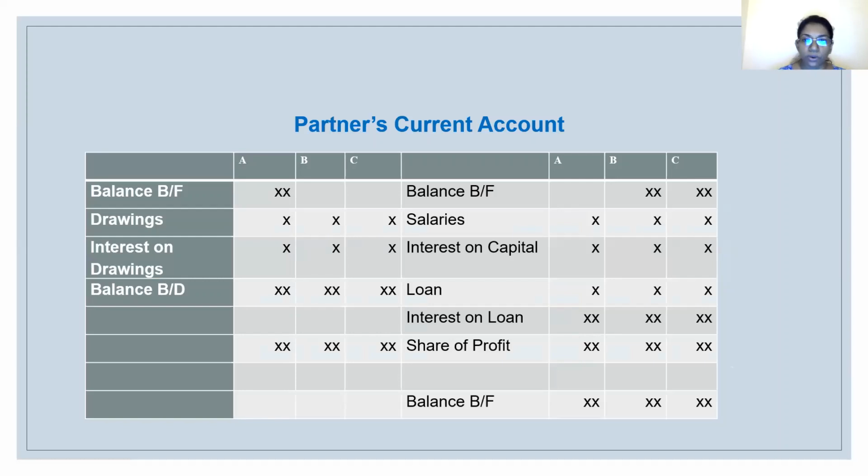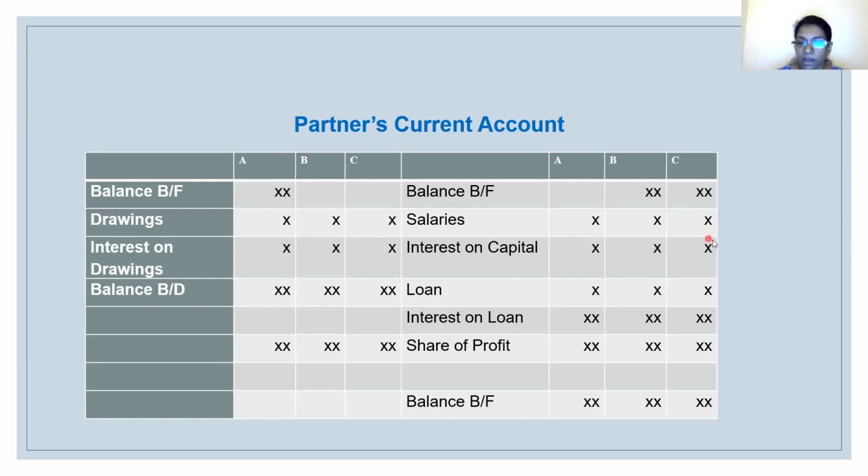We record the credit balance, the brought forward balance, and the salaries belonging to the partners, which are debited to the salary account and credited to the current accounts. If the partners have invested capital and are allowed to get interest on the capital, then the interest would be debited to the interest account and credited